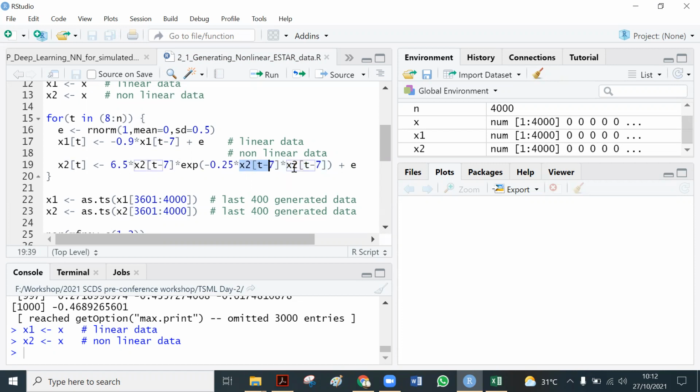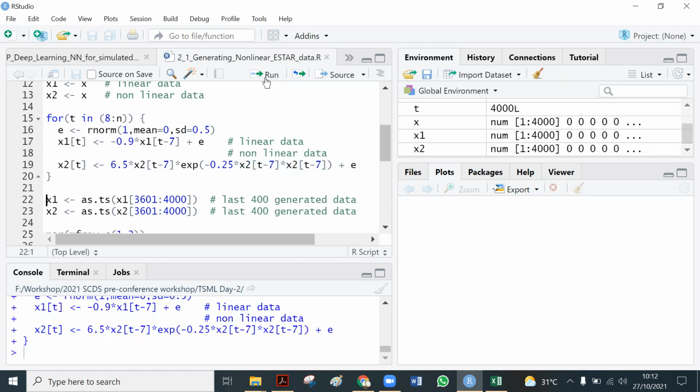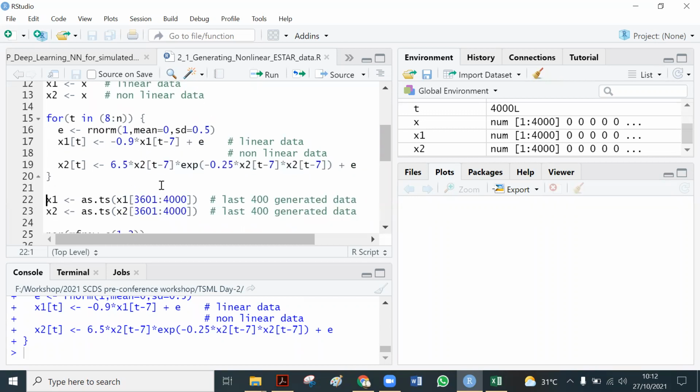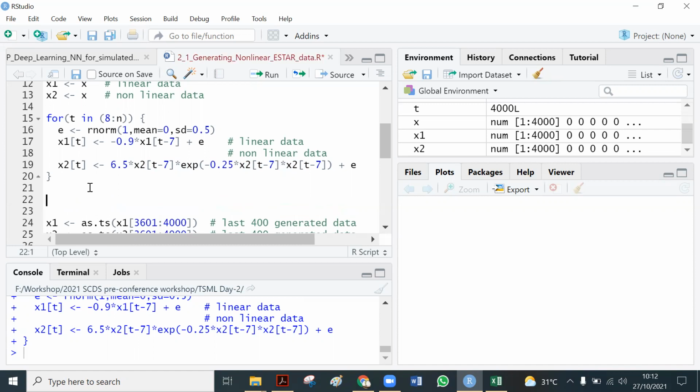Sorry, this is x t minus 7 squared, just multiplied by itself. If we run this, then of course we can check this is our data. This is x1 and this is x2.